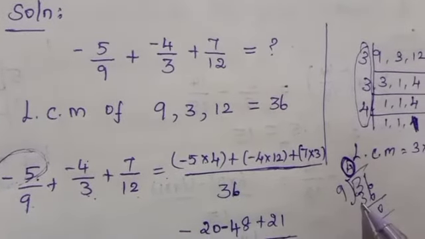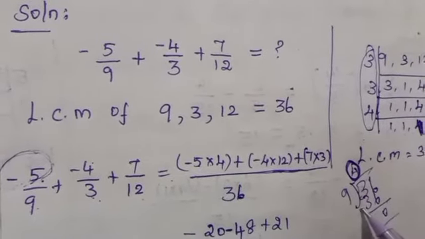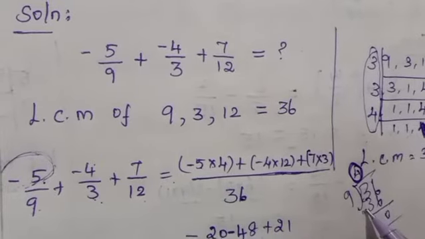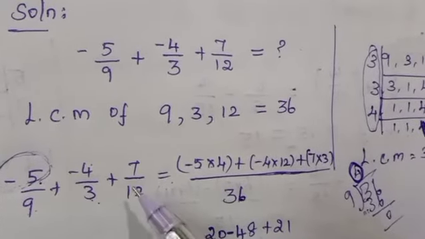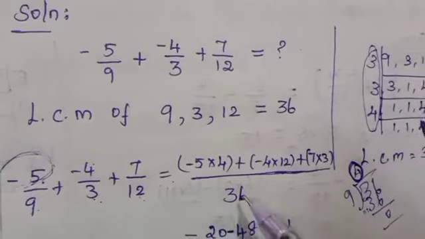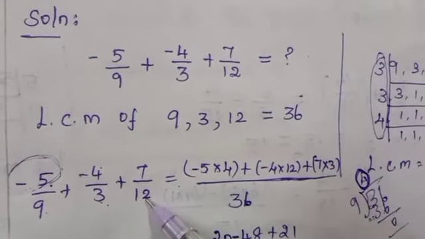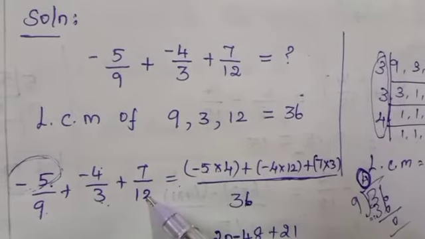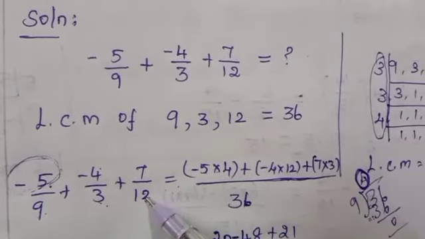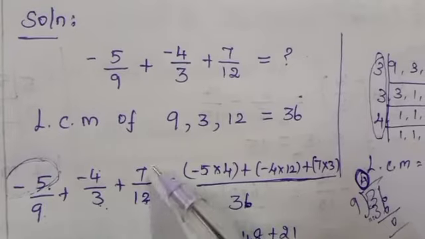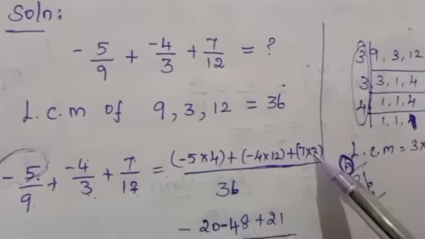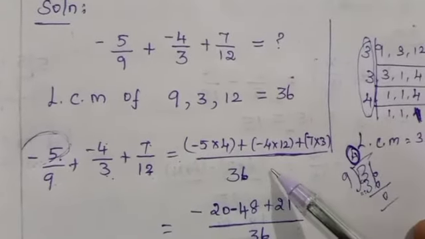This division is not needed. It is a mind calculation. You have to do it as a mind calculation. Okay students. So next, to 12 we have 12. 36 divided by 12, what do you get? 1 12 is 12, 2 12s are 24, 3 times is 36. So this 7 into 3. Okay, have you understood? Yes.